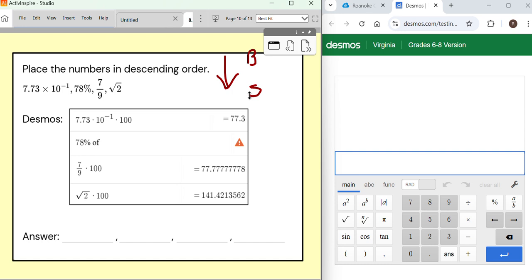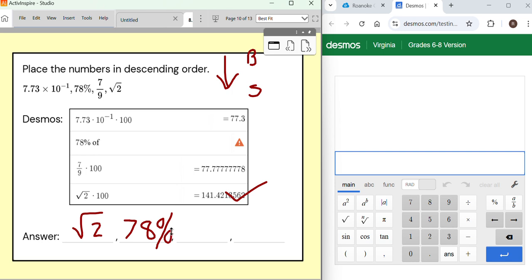77.3%, 78%, 77.7%, or if I'm rounding, it's 77.8, and 141%. Descending, we're starting with the biggest number, so definitely 141% is the biggest, but you have to put in the original form of the number. Next, we're going to read them again. 77.3, 78, and 77.7. So again, the 78 is very easily identified as the largest, because if we're going down,